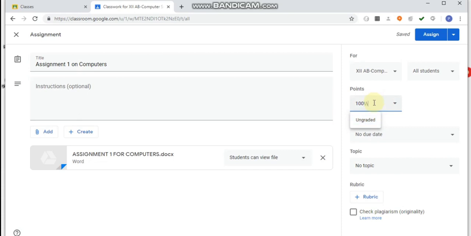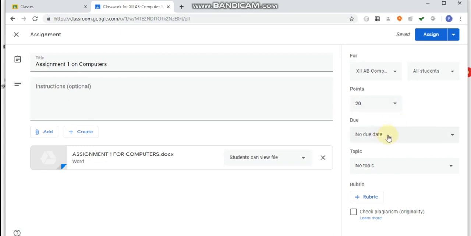You can suppose you want that particular assignment to be of 20 marks. That also you can do. It's up to you. Suppose you want it for 50 marks, or suppose since I have given only 2 questions, so let me give it of 20 marks, 10 each, or you can keep it ungraded.